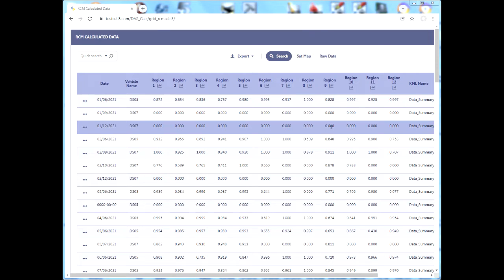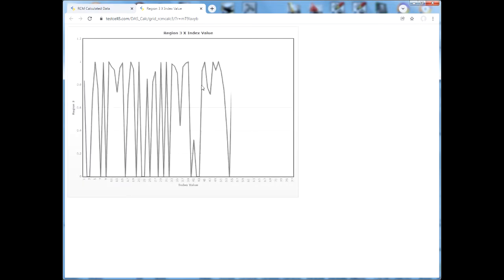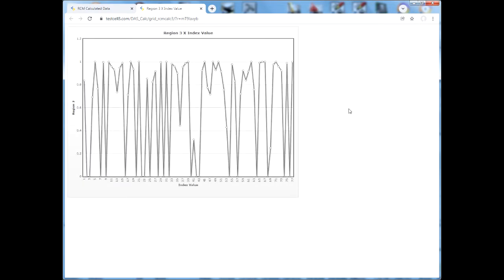We can see that graphically if we go to region 3 and we click the small chart icon underneath the title. We will get a chart display which shows the roughness over time. It depends on whether vehicles have run through these regions. Having instrumentation on haul trucks would give a more representative value. At the moment they're on fairly arbitrary test vehicles, so